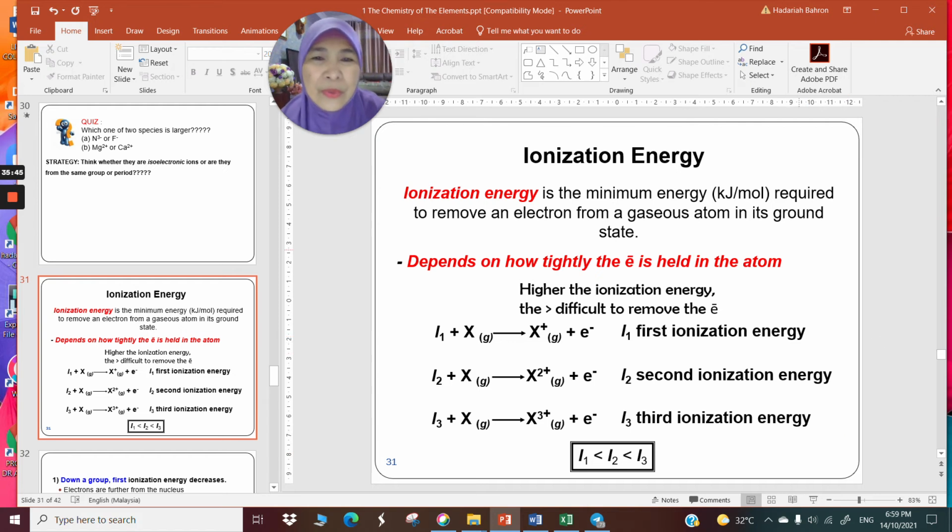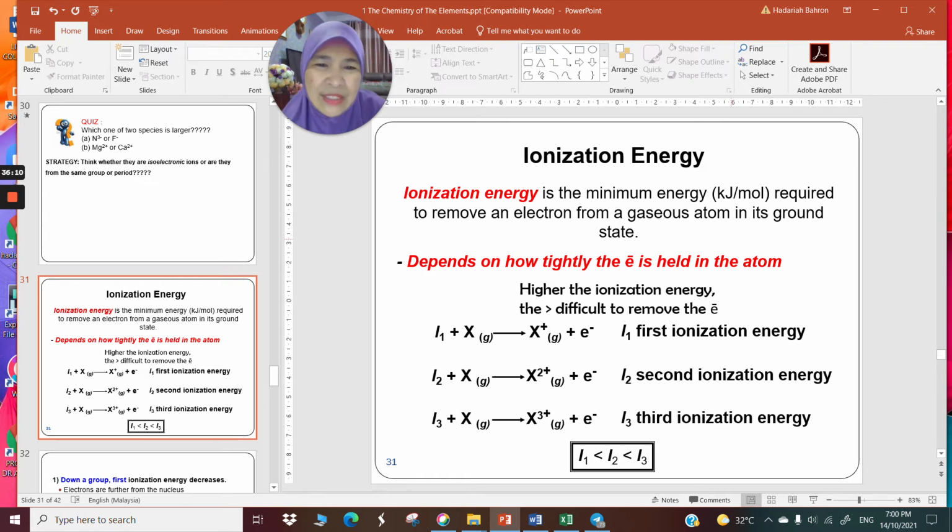Now, I'm going to go into the last topic of today's lecture, which is ionization. No, not the last topic because we have electron affinity. Okay, ionization energy. I'm sure you have encountered this term before. It is the minimum energy in kilojoule per mole that is required to remove an electron from a gaseous atom